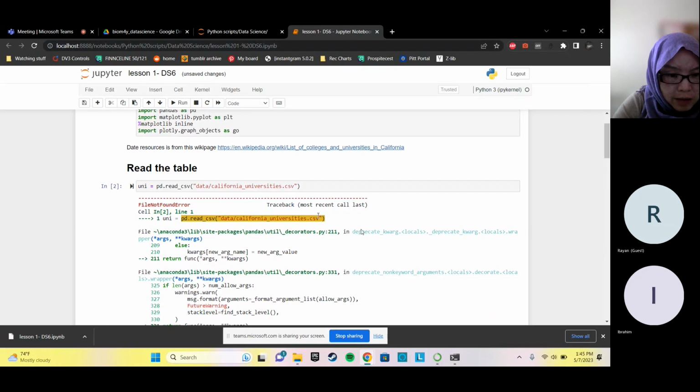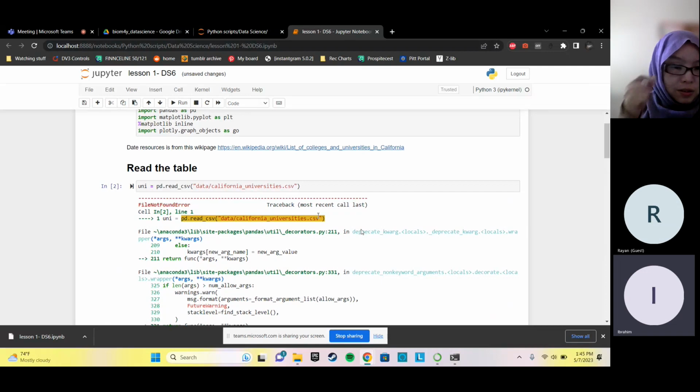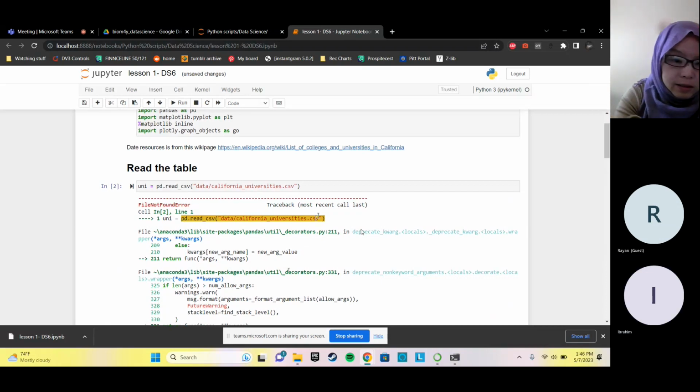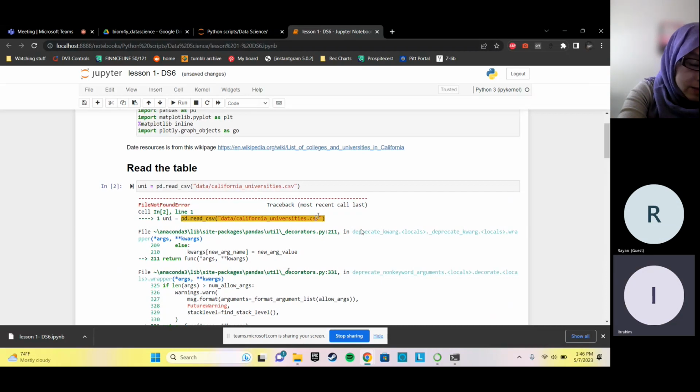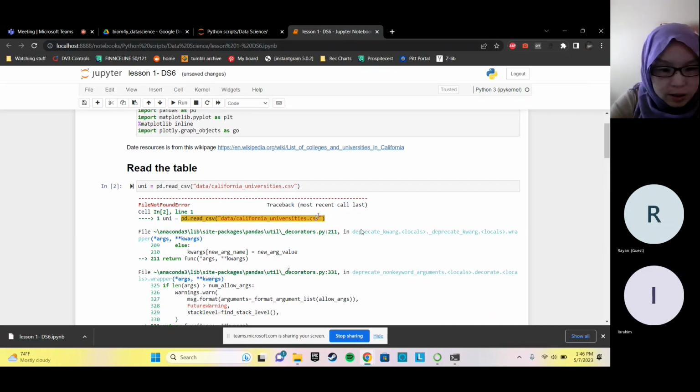The PD is in the first block, there is import pandas as PD. So in that package, you have a lot of lines to complete this function called read CSV. That's why we can do this. So this is a scripting language. It's not a computer language to write to talk to a computer directly. Like the direct language is in the package. So since you don't have that file in your